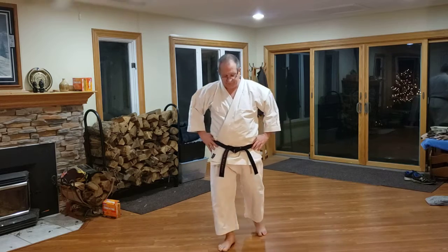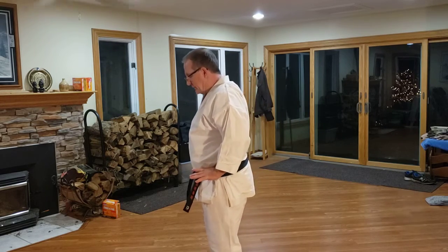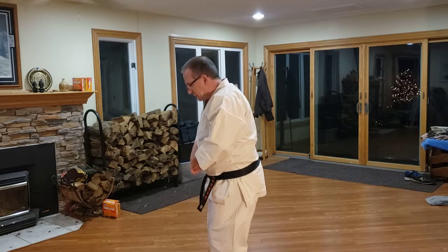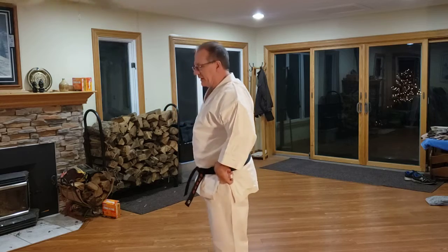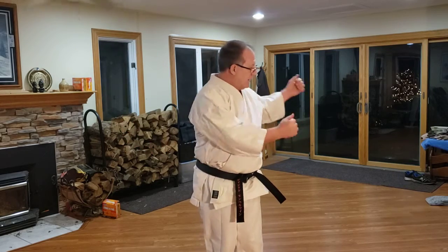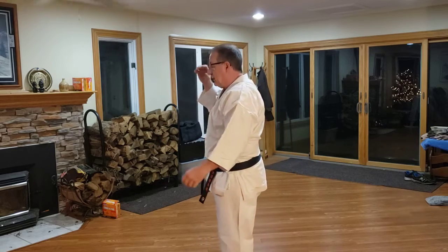Try back thrust. You're going to drop your center towards your inner thigh, and you stick your butt up as you kick. And do your arms from one side to the other side. Kicking. 1, other hand. 2,